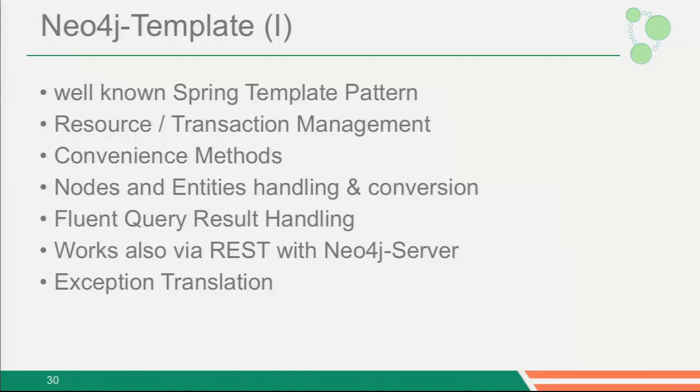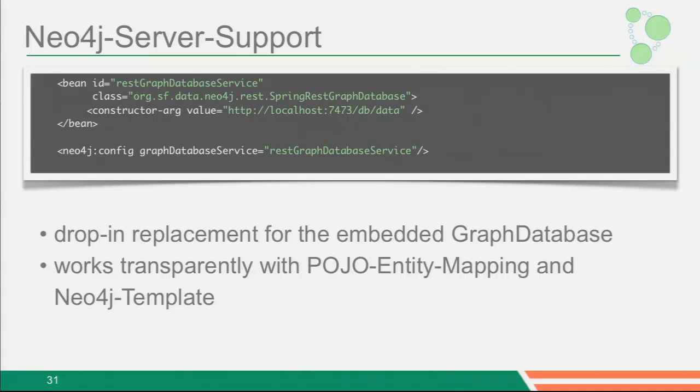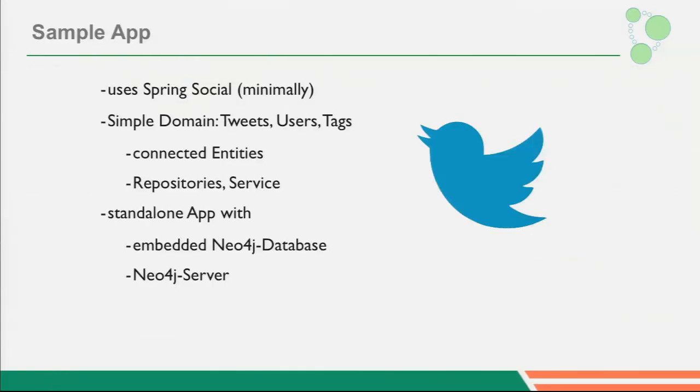So that's the basic building block of Spring Data Neo4j, and the whole object mapping infrastructure uses the Neo4j template under the hood to actually interface with Neo4j itself. And the server support is just by changing the definition of the graph database that you want to use, and it's just passing in a URL instead of a file system place where to find the database. That brings us to code. So ending the boring slides, or almost ending the boring slides, we go to code.